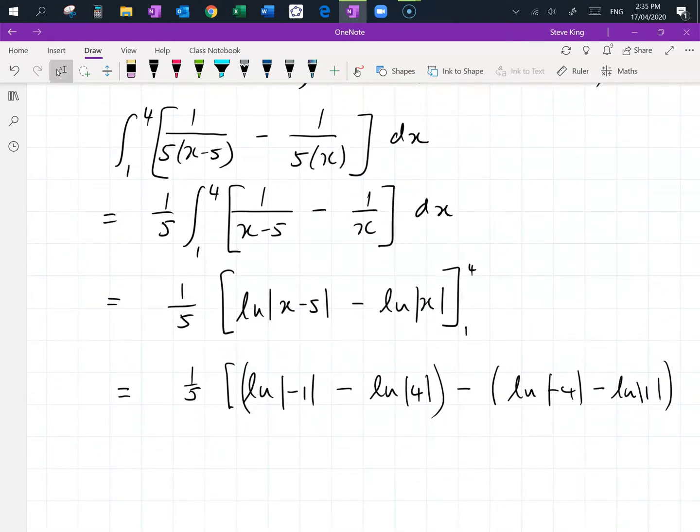Now, we need to remember, what is the ln of 1? You'll go reaching for your calculators to figure that out. Yes, the ln of 1 is 0. So I'm going to have brackets over here, I can forget that first term. This is simply going to be minus the natural log of 4 minus, and here I'm going to have the natural log of 4 as well, because the natural log of the absolute value of minus 4 will simply be the natural log of 4, and ln of 1 is 0. So I've got minus ln 4 minus ln 4,